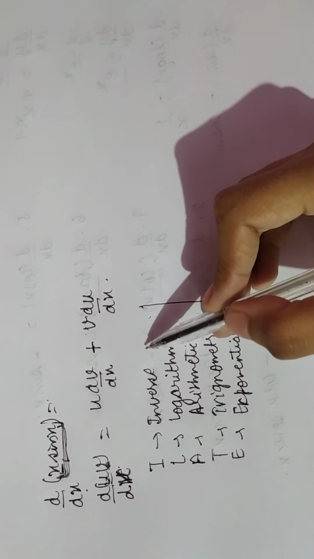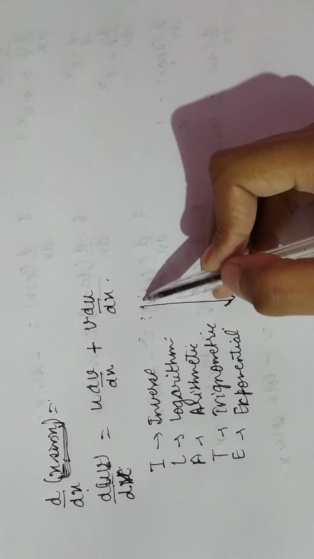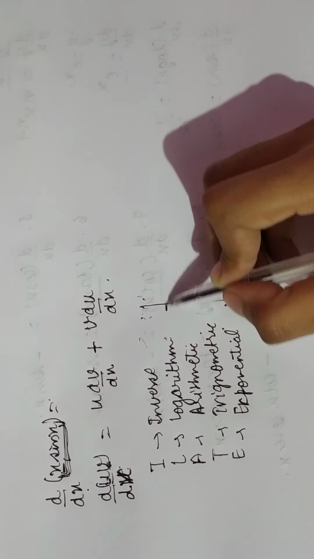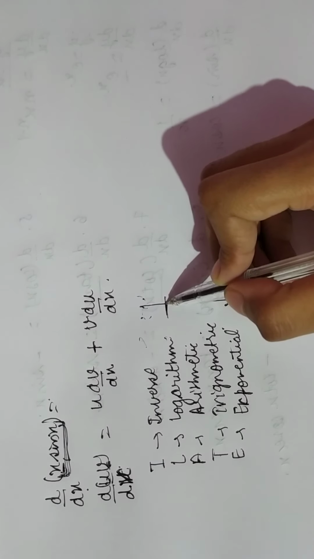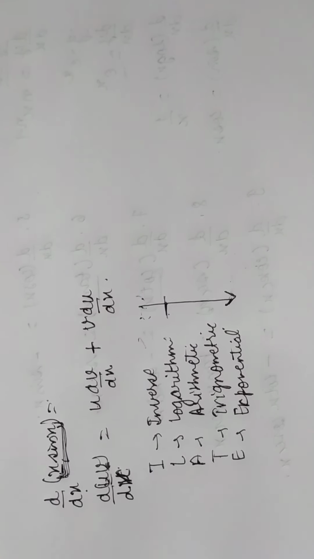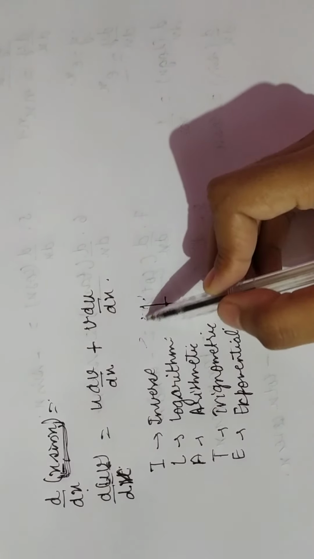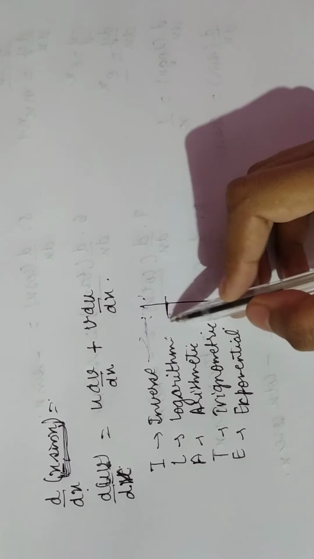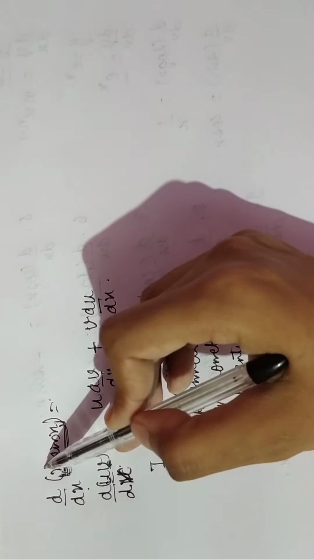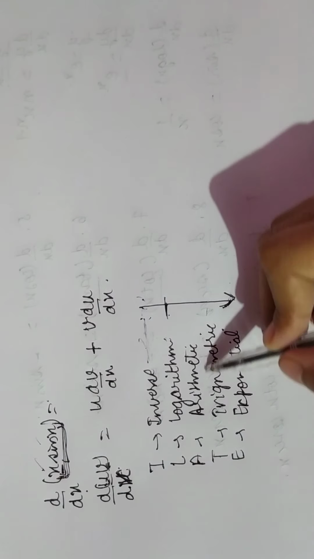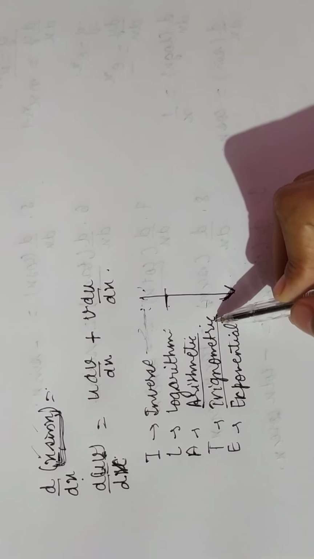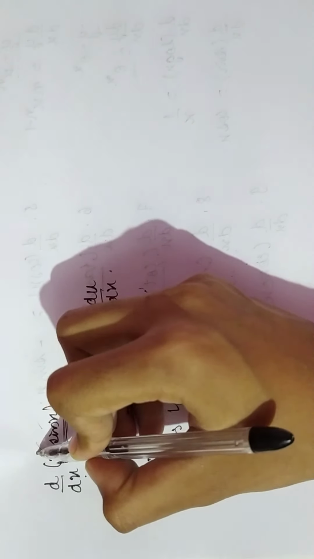How? If there is an inverse term in the function, that term will be considered the first function and the other term will be considered the second function. If we have a logarithmic function in the question, that will be considered the second term if we do not have an inverse function in the question. Okay, and the same way we have to follow the other things also. Now here in this function we have one arithmetic term and the second one is a trigonometric term. So see, here first we consider the arithmetic term, and second preference we give to the trigonometric term. So what will be the first function?